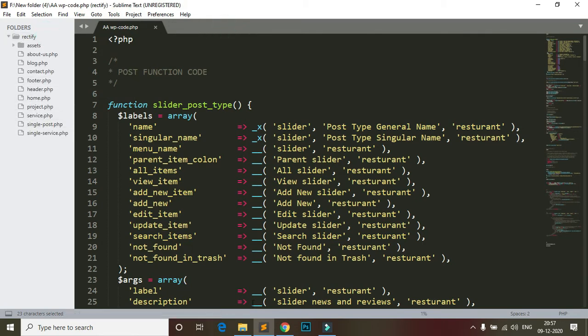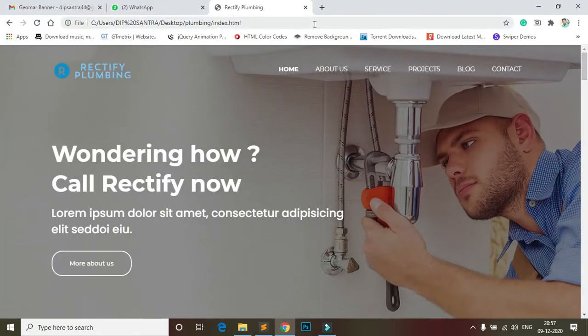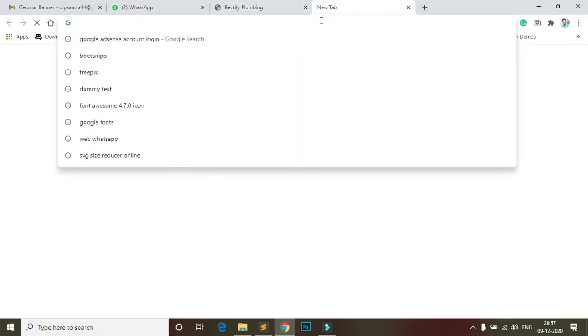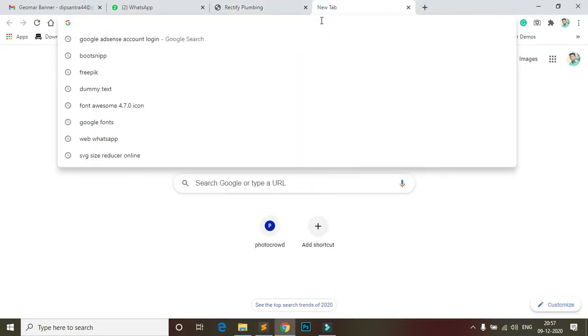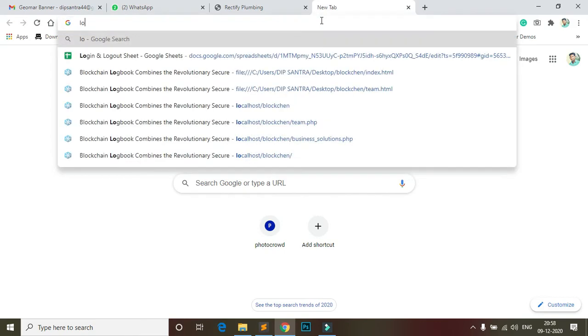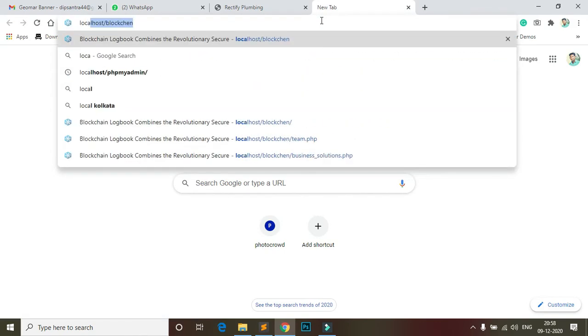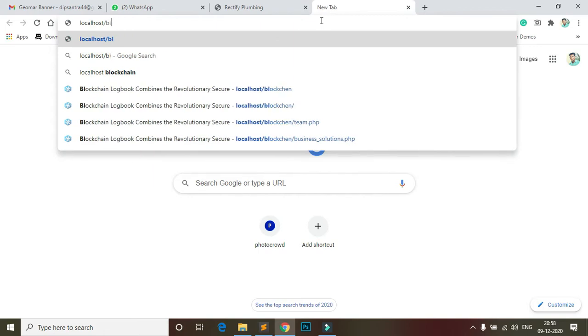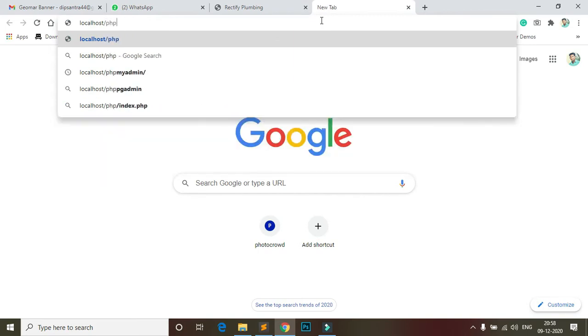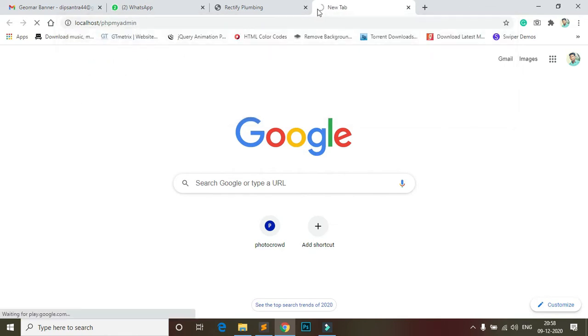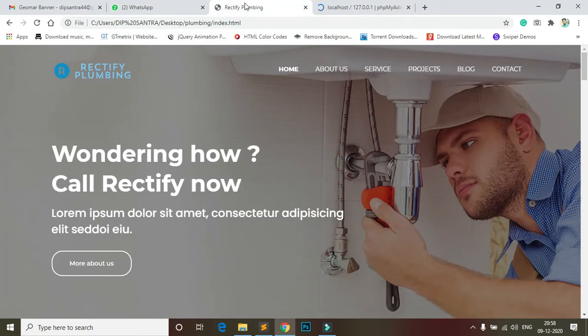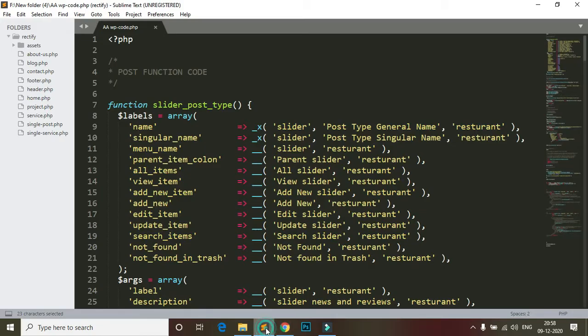Now I need to create a database. So go to localhost, then phpMyAdmin. I have some problem with my mouse.